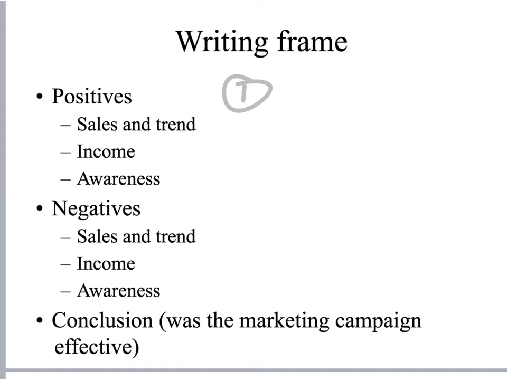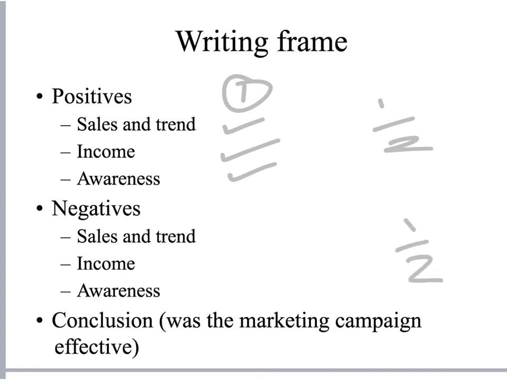I'd write about how sales and trends have improved because of this marketing campaign, profit, the cost of the marketing campaign, if you could find out that would be good, and how the brand and the awareness, or maybe awards or reviews or reputation or brand power, if you could find anything on that. So you're looking for maybe half a page on that,